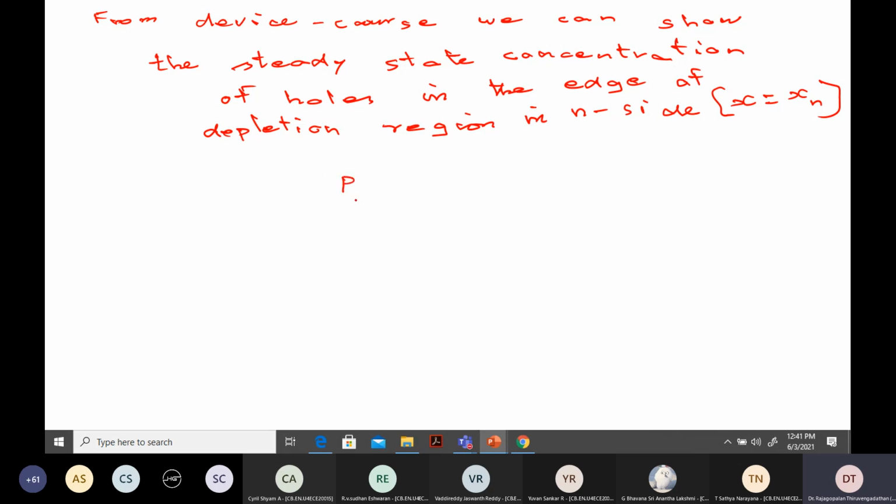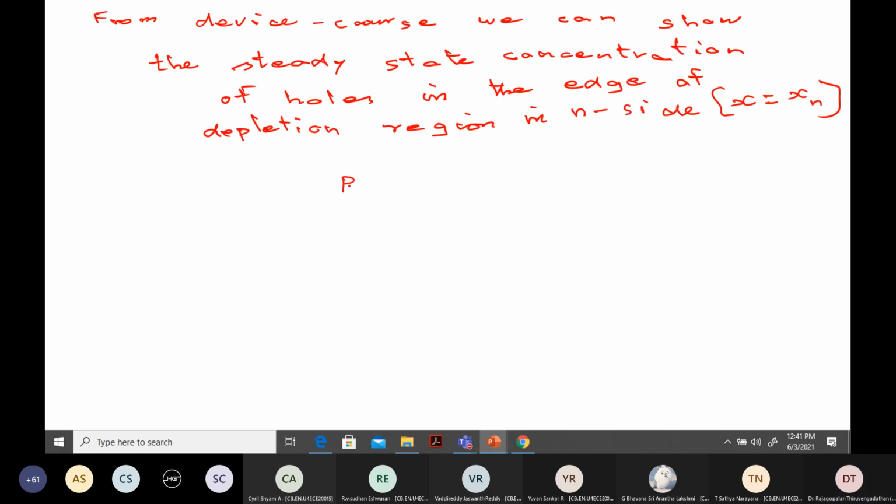So p_n at x equal to xn, the edge, will be equivalent to p_n0 exponential of